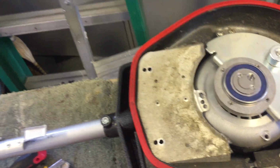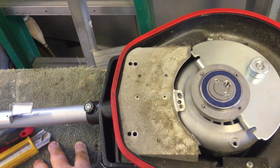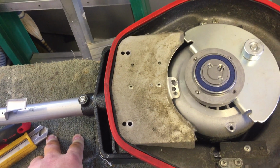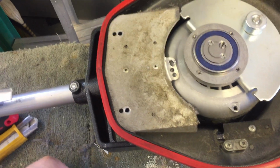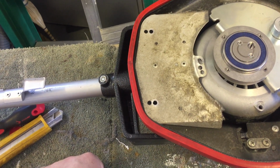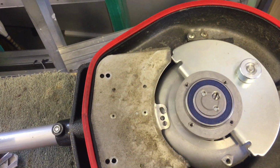So if you want to upgrade from the Oreck, you can get the 13 or 15 inch swirly from the end cap store, or the 13 inch Koblenz is a good choice. There's quite a number of guys that are going that route now, realizing that the rotaries are an excellent choice and will out clean an OP. Did I say that? Yes, I did. On residential, at least. We can argue about that another day. But anyway, it's kind of the way things are starting to go. Back to rotary, I think. Oh boy, them's fighting words, aren't they? Anyway,